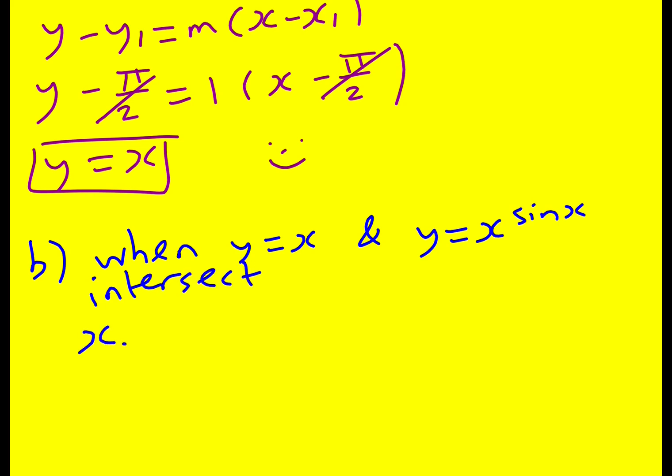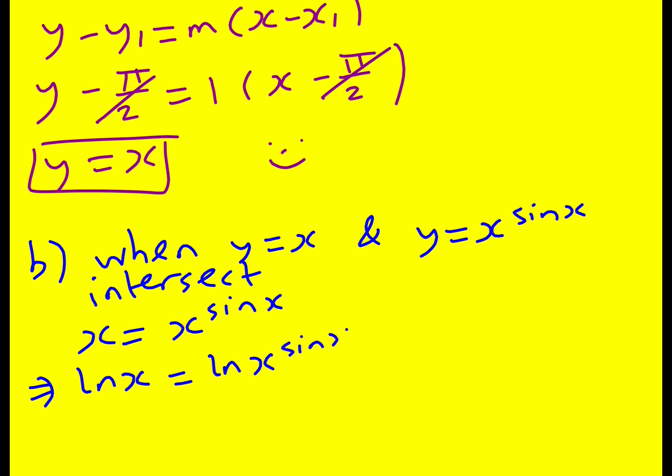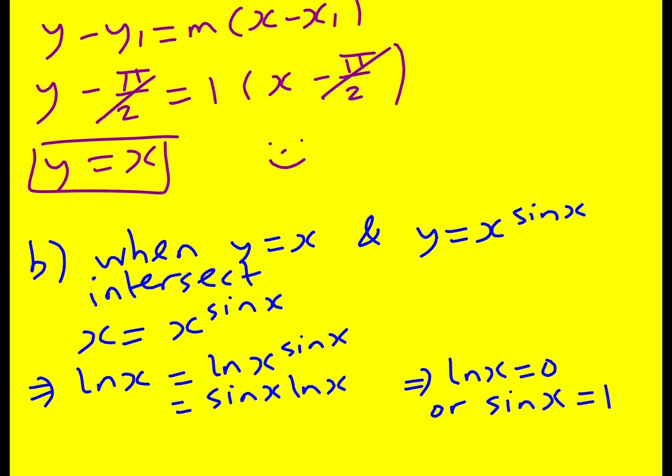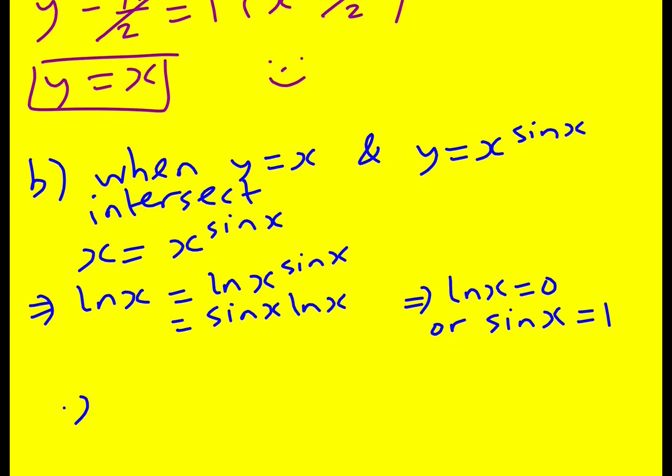So when they intersect, x will equal x to the sine x. We can take logs, just like before, and bring that sine x down. This gives two possibilities. Either ln x is equal to 0, or sine x is equal to 1, which means that x must equal 1, or we now need to think about where sine is equal to 1, and it's going to be pi over 2,